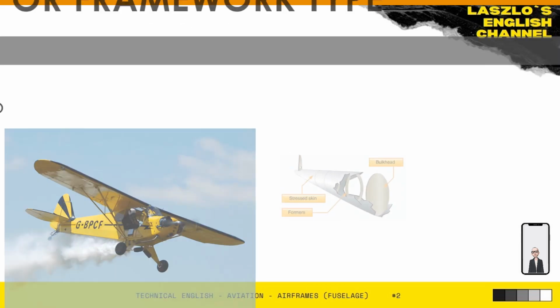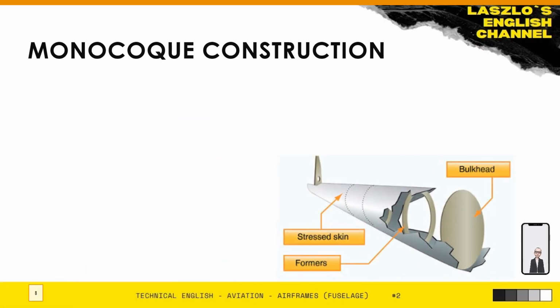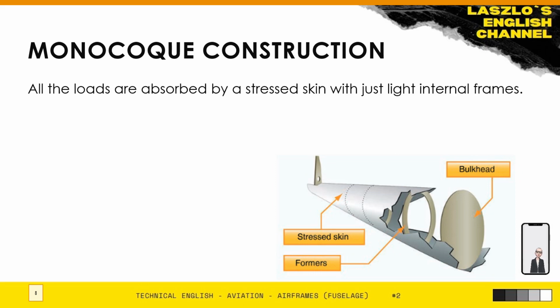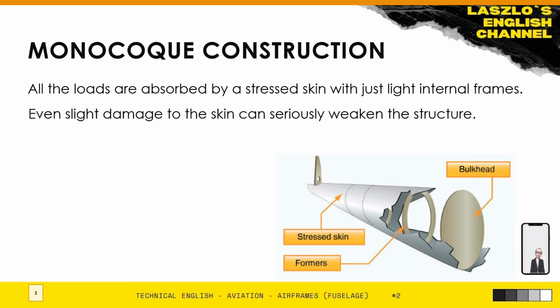Right, moving on, let's take a look at the first of our stressed skin constructions, that is the monocoque construction. Monocoque is a French word meaning single shell, and in a monocoque structure all the loads are absorbed by a stressed skin with just light internal frames or formers to give the required shape. Now with a stressed skin structure, even slight damage to the skin can seriously weaken the structure, and so a true monocoque structure would have to have no apertures in it at all,